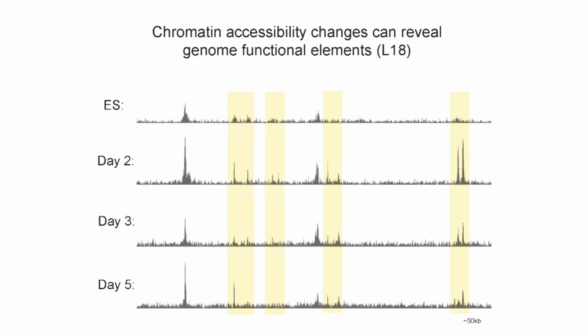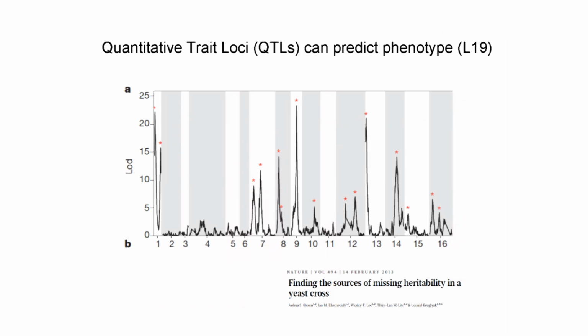And so using this kind of DNA-seq data and other data, we can automatically annotate the genome with where the regulatory elements are and begin to understand what the regulatory code of the genome is. So once we understand what parts of the genome are active, we can ask questions about how they contribute to some overall phenotype. And our next lecture, lecture 19, will be looking at how we can build a model of a quantitative trait based upon multiple loci and the particular alleles that are present at those loci.